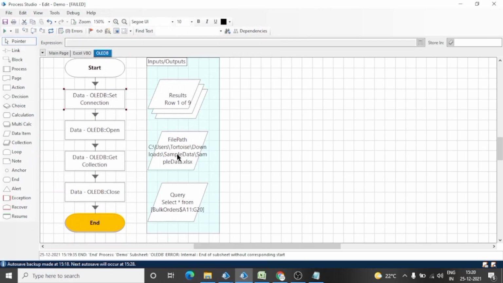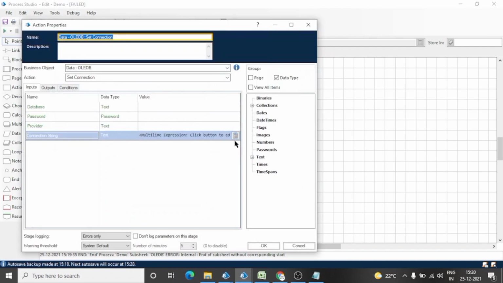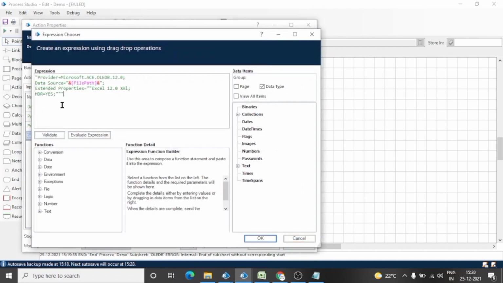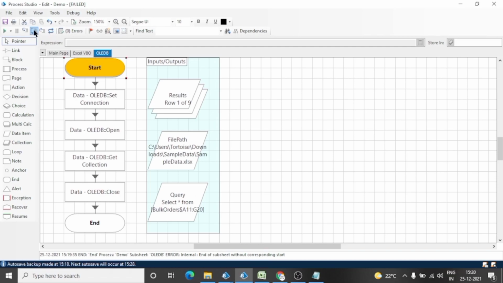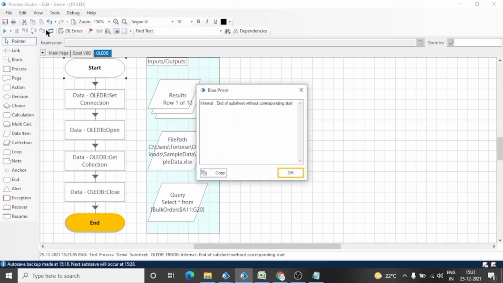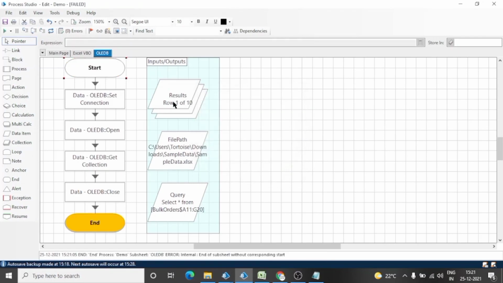For this, we have to go to the connection string and see this one, HDR, which stands for header row. If we give the value No here and run the process again, it will not make the first row a header, and we will get 10 rows here. See, in results we got 10 rows because the first row is not a header now.